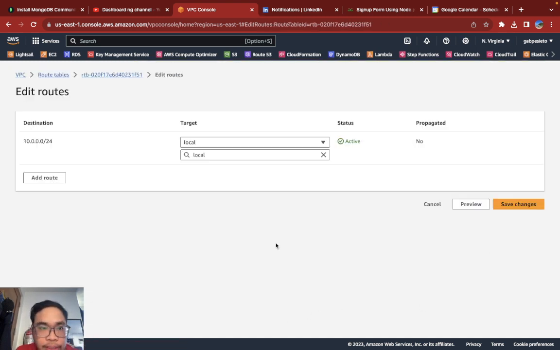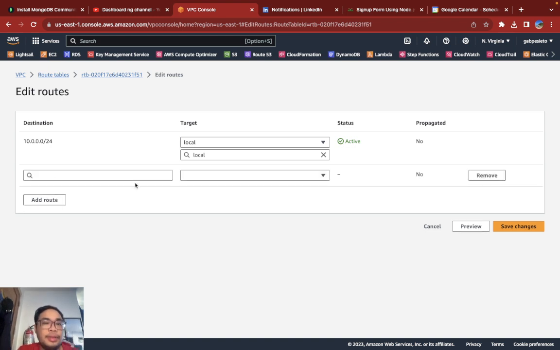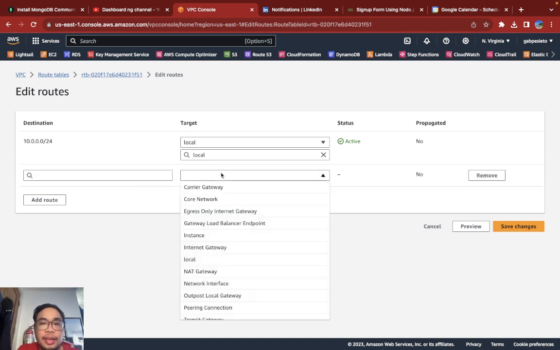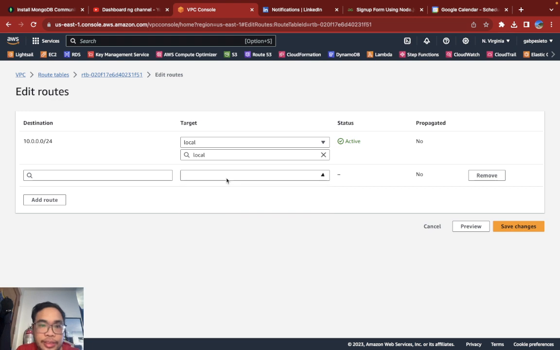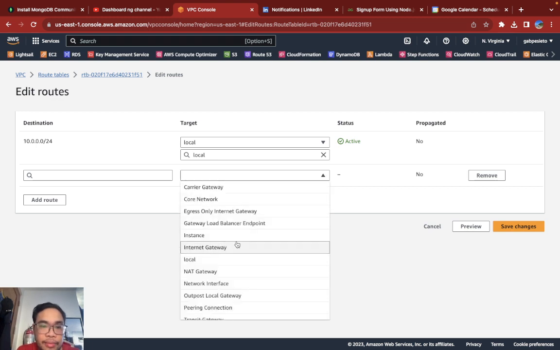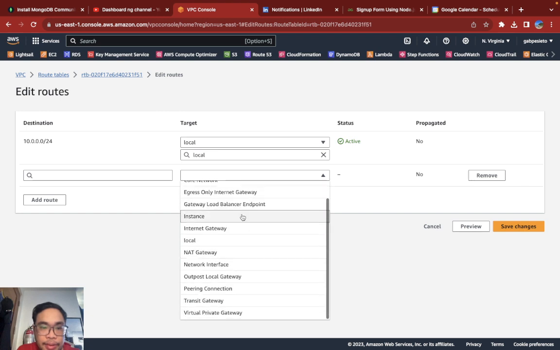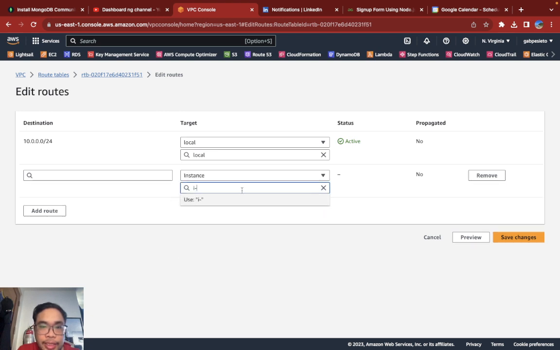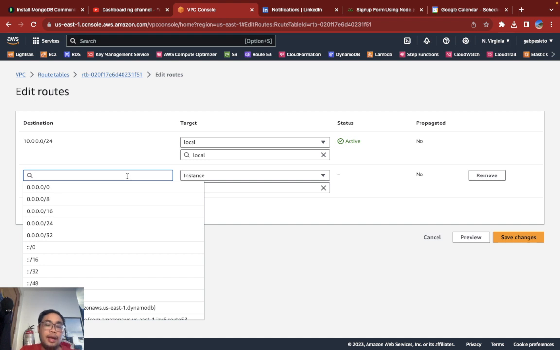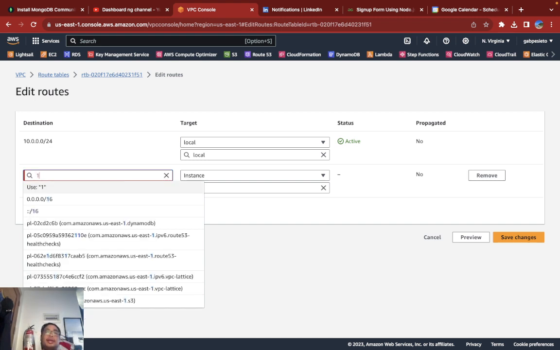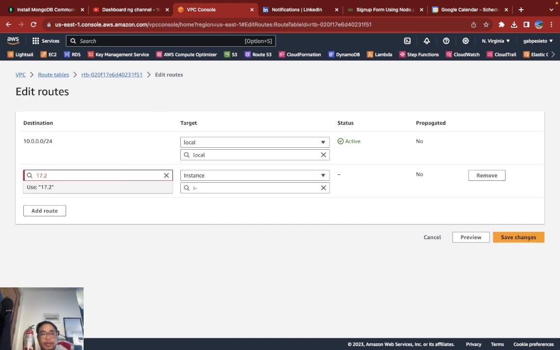Then let's edit the route. So the target is actually our RDS. We can put here our database or our instances. So let's now put first the instance. Then your IP address, the one for example, you have an IP address. Okay, so then we save that.